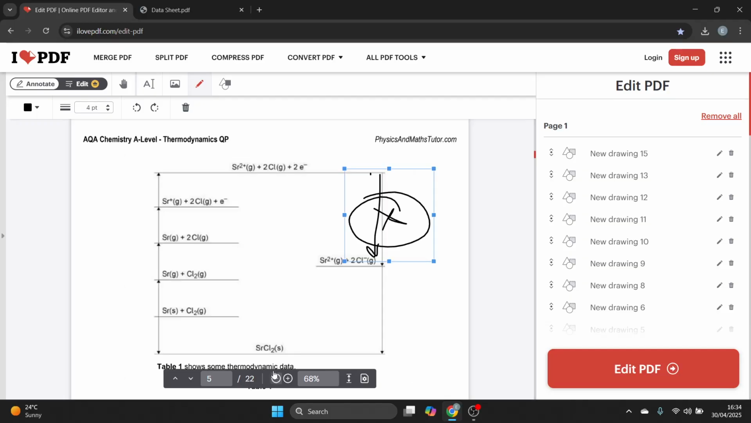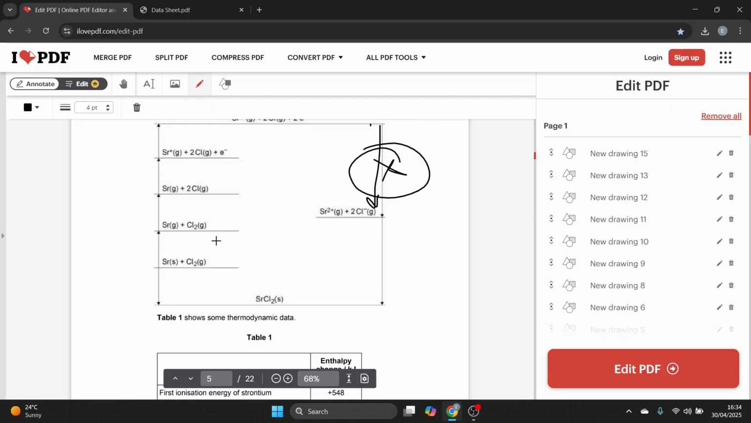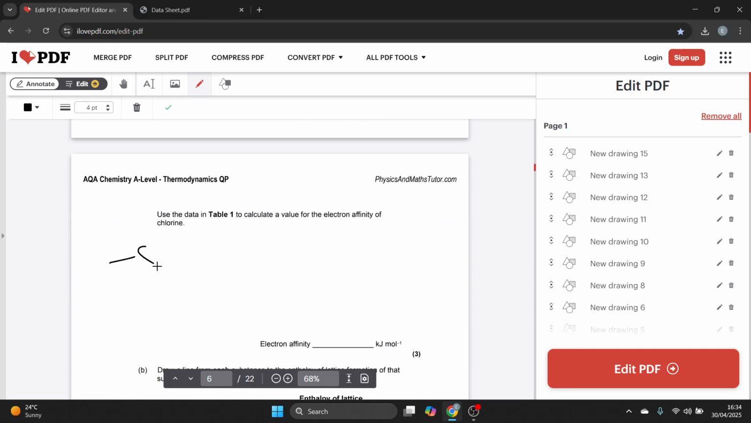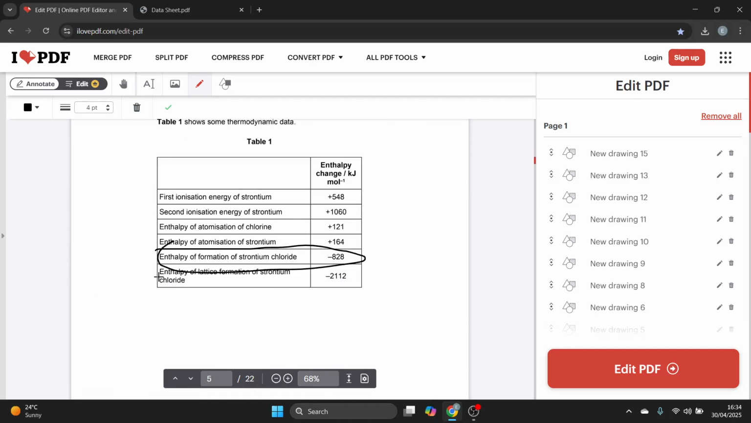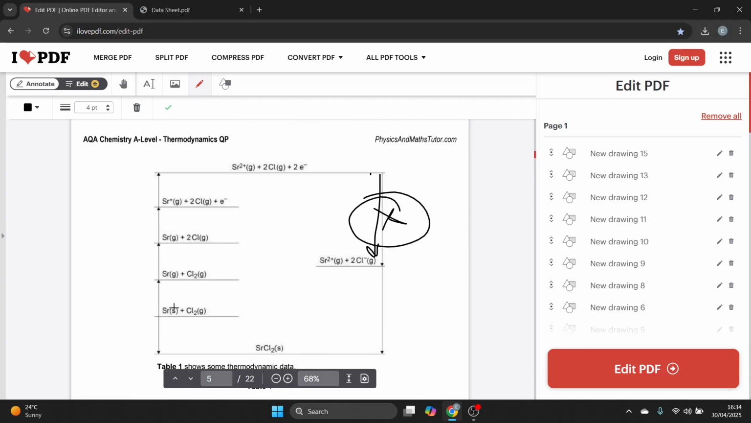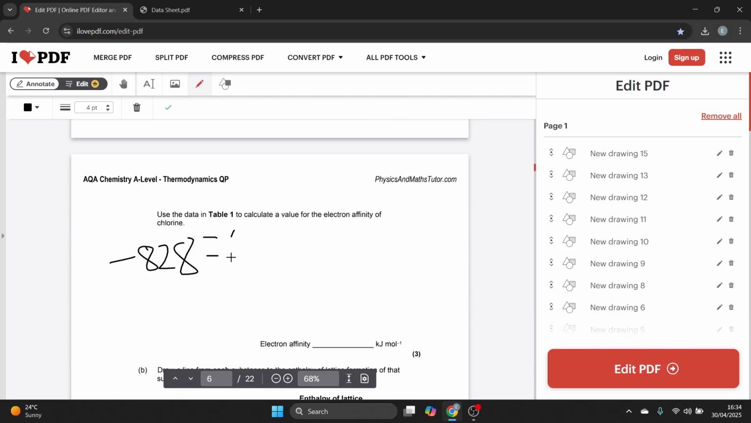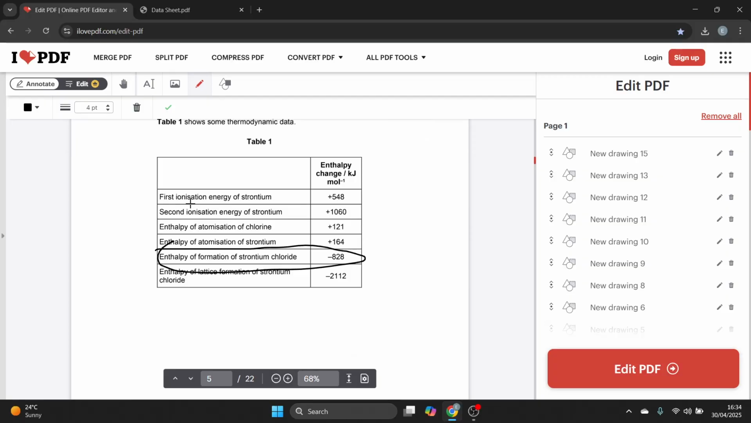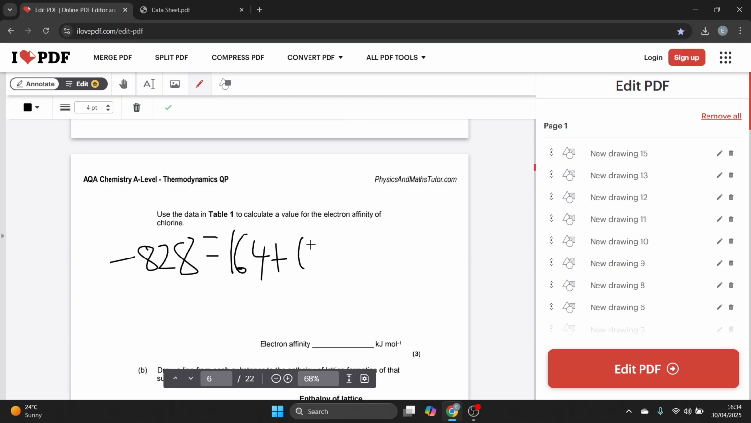Okay, so what am I going to say? Well, what is the enthalpy of lattice formation? -2112. I'm going to let the enthalpy of formation, -828, equal everything else: 164, the enthalpy of atomization of strontium, plus the enthalpy of atomization of chlorine, 121, times by 2,